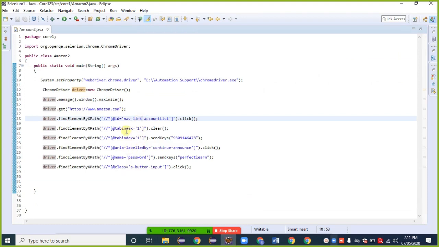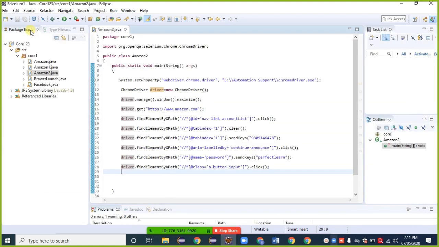We can go with the XPath, or we can go with any web element. I just showed you, we have a number of XPaths with us. And again, I am showing you one method, for Facebook.